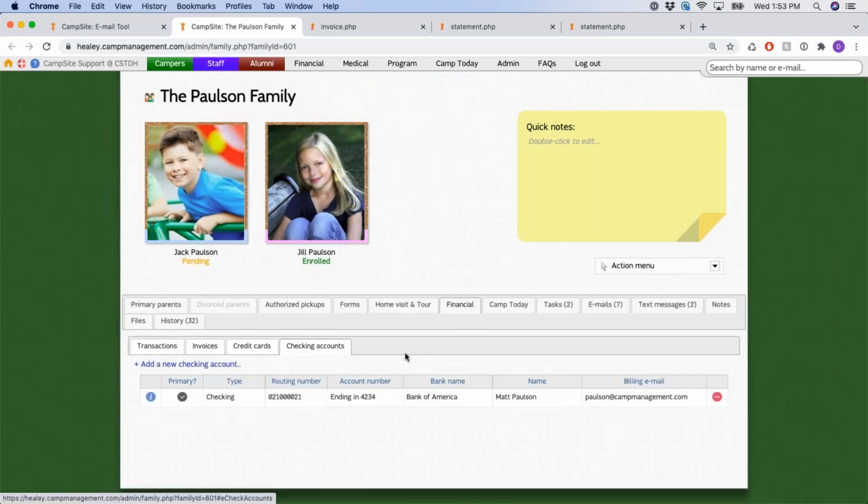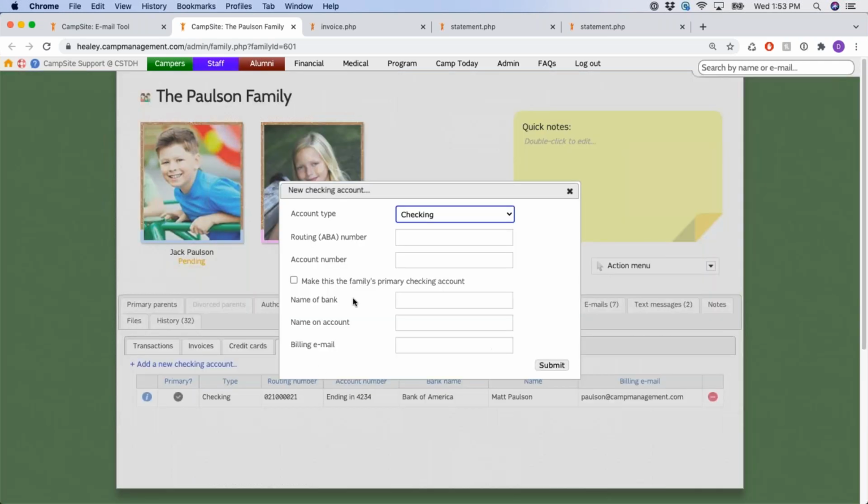Next to credit cards, we have checking accounts. Checking accounts is almost exactly the same as credit cards. It's just that you are adding checking account information. Not all camps will have the ability to process ACH payments. If you're curious about processing ACH payments, you would want to contact your gateway,